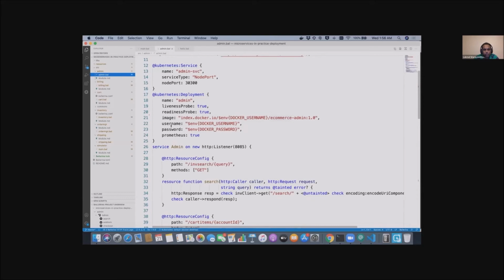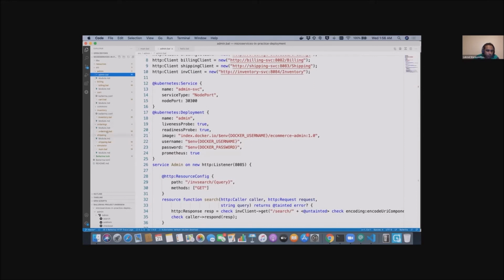I'm using my Docker Hub registry username and password, read from environment variables. And here I have enabled Prometheus true, then from the Ballerina service it will open the Prometheus port. And if you are running a Prometheus service in Kubernetes, it automatically pulls these metrics and populates them into the dashboards that were defined in Grafana.